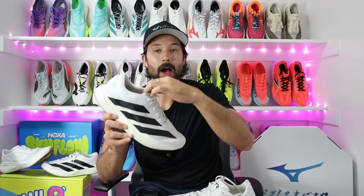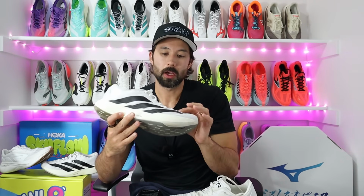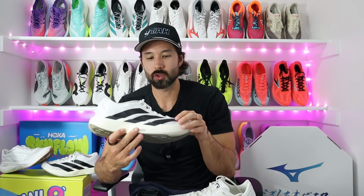The tongue is not gusseted, it is thin, and that is frustrating because it does shift around a little bit, and it does make it so that the lockdown in the midfoot area is a little bit difficult without a runner's knot, but a runner's knot goes up too high with how short the tongue is, right? On top of that, yes, it is a little bit short, but